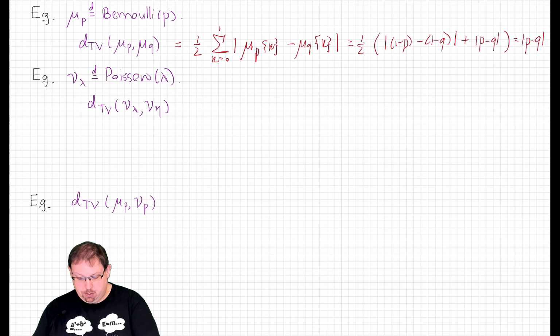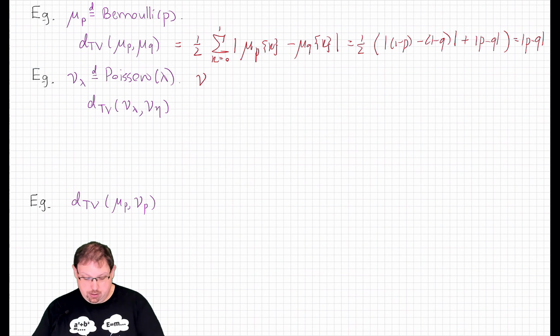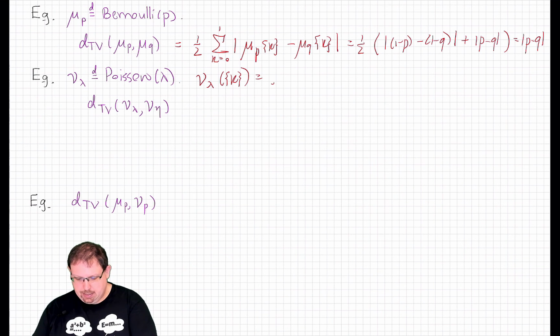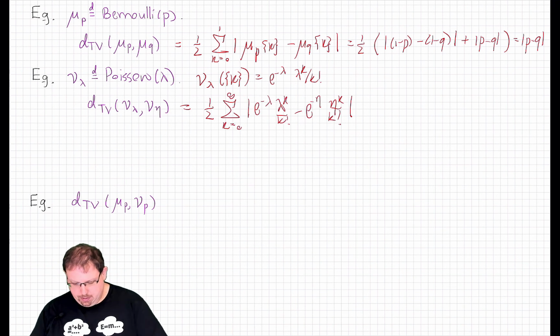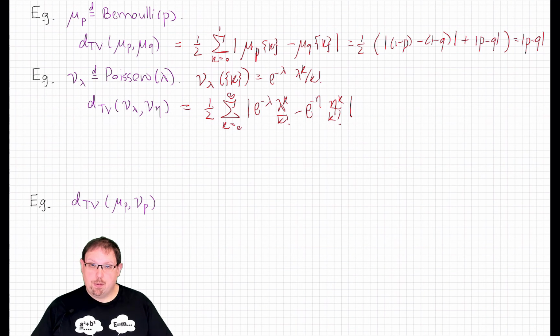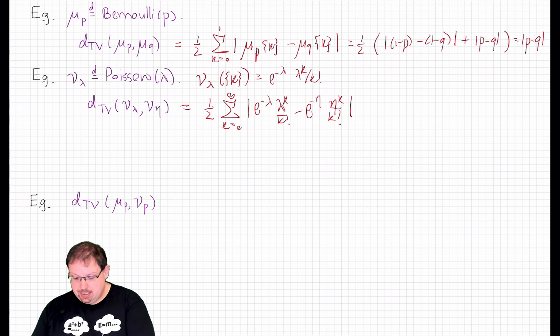Remember that the Poisson distribution is the measure on the non-negative integers whose probability mass function is e to the minus lambda times lambda to the k over k factorial. So how about the distance between two Poisson distributions with different means? Well, that's going to be the little l1 distance between their probability mass function sequences times 1/2. And then we can stare at that for a little while and try to simplify it. But unless we are very talented with combinatorial calculations, we're not going to see much structure come out of there that's useful. The result, which is useful, and will come up later, is that this is less than or equal